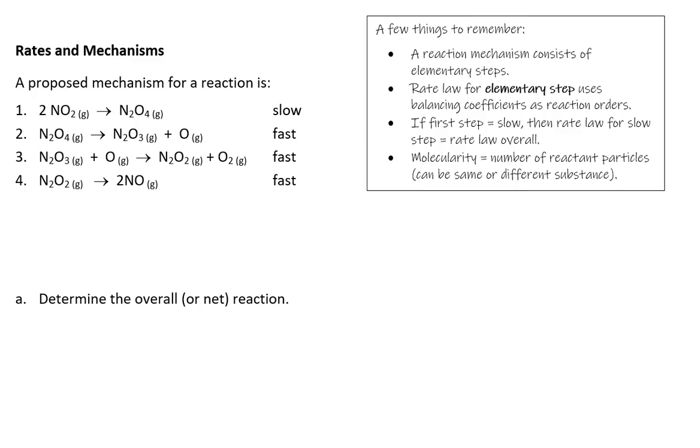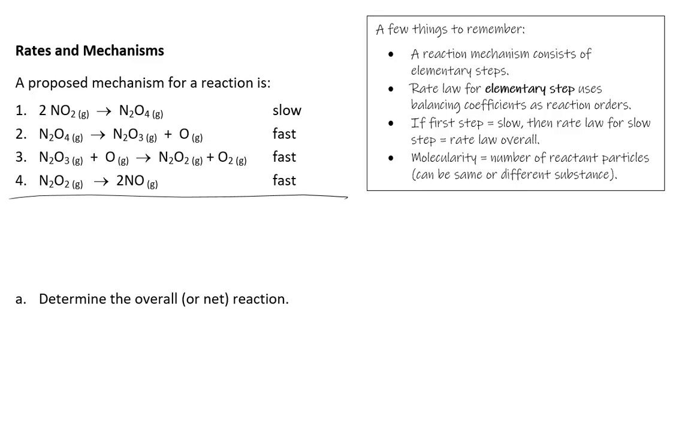A lot of the work that we do involves strategies that must be taken in a certain order. You must do step 1, then step 2, and so on. And that's not really the case here. So for these problems, we can really answer the questions in any order that we want. The first thing that we'll do here in this example is we will determine the overall or net reaction. And this involves adding up everything that is a reactant and putting it on the reactant side of the arrow, and then everything that is a product, putting it on the product side of the arrow.